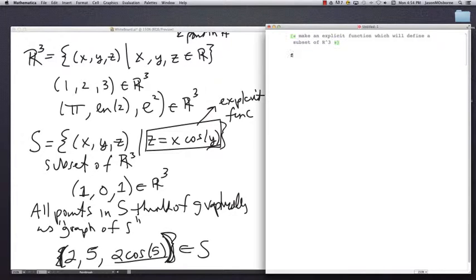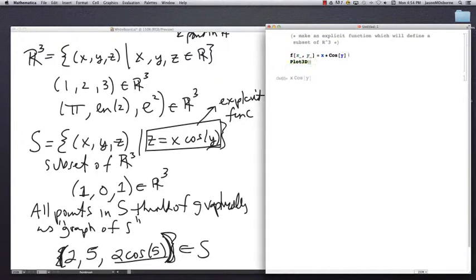Let's call this function f. Let's make it a function of x and y. That's what the underscores do, they tell you what the independent variables are. Now make x times cosine of y. Okay. Hit shift return, and that will define this function. You can come back up here, hit return to add another line to this code, and you can say plot